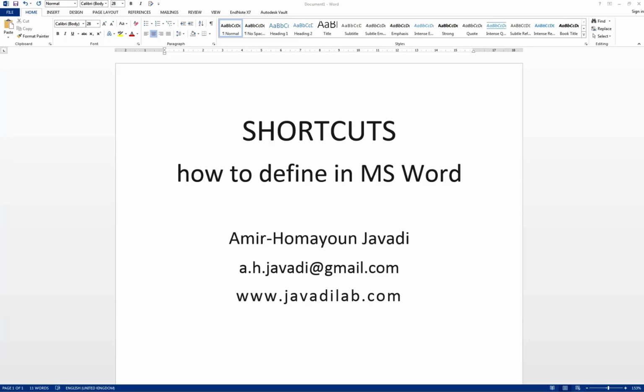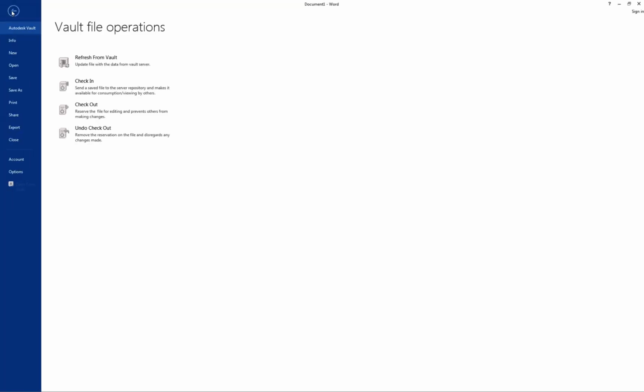Hello, in this video I'm going to talk about how to define shortcuts in Microsoft Word. Shortcuts are extremely important to make your work much faster because they give you the option to use the keyboard more efficiently. You can define shortcuts from the File menu, Options,